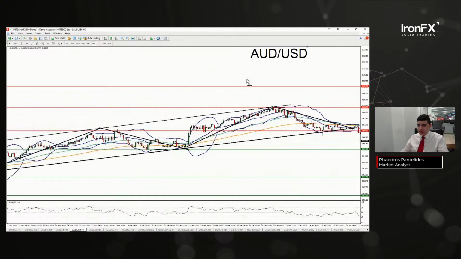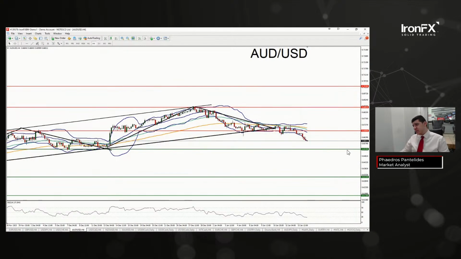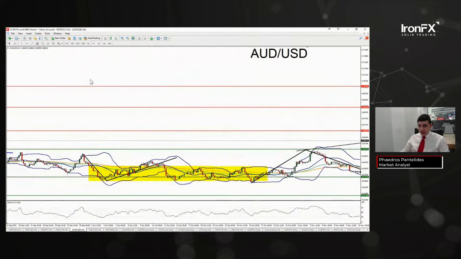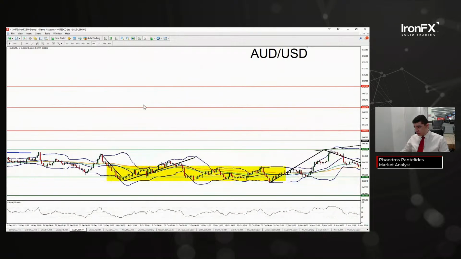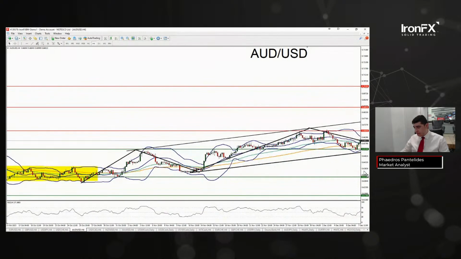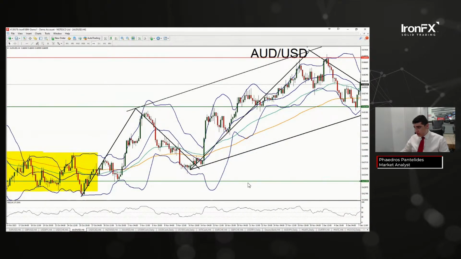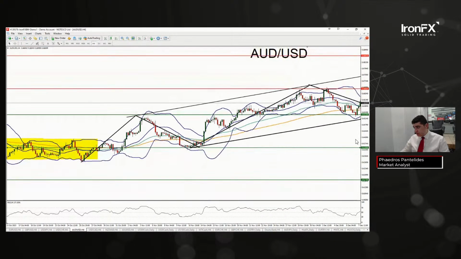I'm going to be readjusting S2 as well. As you can see, the distance between S1 and S2 is simply too much. So for S2, I'd opt for something at a slightly higher level. And we could take the beginning of this upwards moving trend line at